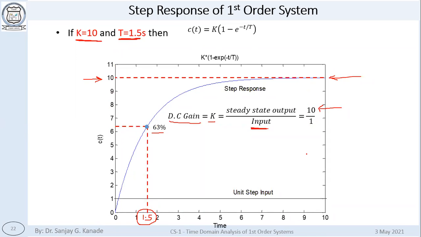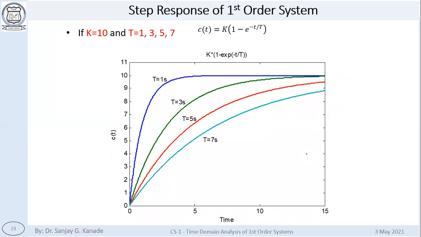So in this way, from the step response, we can find out the transfer function of the system. We can find out the equation for the system also. And from the equation also, we can find out the output. So this is vice versa. From the response, you can find out the transfer function, or using the transfer function, you can find out the response of the system. Okay. I hope this is clear to everyone.